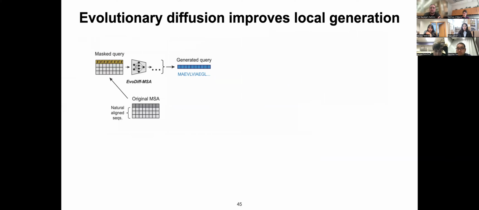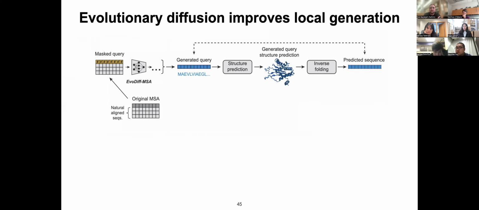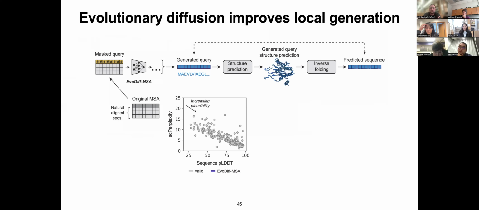We mask out that query sequence only, leaving the context that's in the aligned sequences, pass this through our new EvoDiff MSA model, and then generate a new query sequence here. The rest of this workflow is then quite similar to assess plausibility. We pass this again through our structure prediction, get some related structure, again inverse fold it, get the predicted sequence, and map this to the perplexity versus pLDDT plots, which are giving us some sense of plausibility of these generated